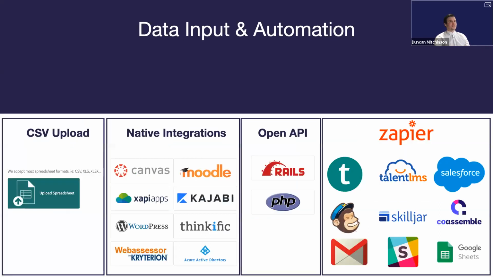So once we've got the designs and we know the outputs we're aiming for, and we know the kind of metadata points that we want to pull in, we've actually got to get that data into the system somehow. And there's a few options here. And my advice is probably a little different depending on the type of program that you're looking to launch. I've worked with lots and lots of different issuers and different sizes. If I were launching a program where maybe I had a couple of hundred recipients, I would probably look at our CSV spreadsheet option. I think the opportunity there is to essentially, on a weekly or monthly basis, export data